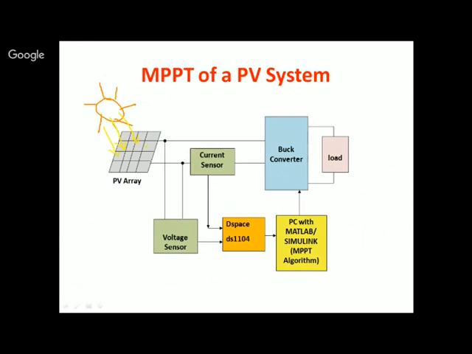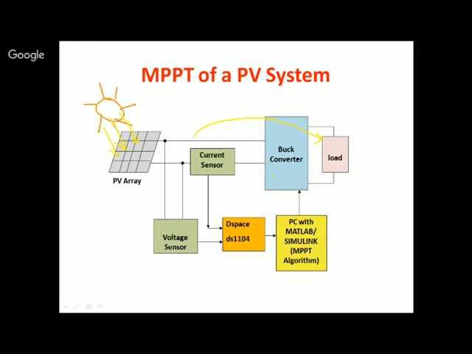Now when will maximum power transfer from this? Have you come across the maximum power transfer theorem? If you want the maximum power to be transferred from source to load, the impedances of both should be exactly equal. The maximum power transfer theorem says the source impedance and the load impedance should match. When the source impedance and load impedance match, maximum power will transfer from the source to the load. That is the basic electrical principle we are going to use here.